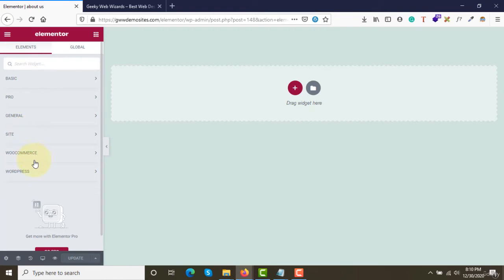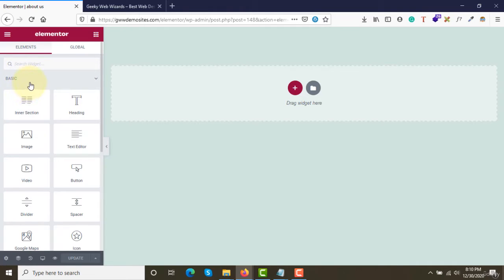This is the option where we will have all elements listed. Elements in the sense you can think of them as widgets, right? If we want to add a text element to our website, we'll use this one. If we want to add an image element, we'll use this one. If we want to add some paragraph or some text, we'll use this element. If you want to use video, we'll use this element. If we want to add buttons in our website, we'll use this one. How to do that, we'll see in the next video. But for now, you need to understand what options are available in this editor.